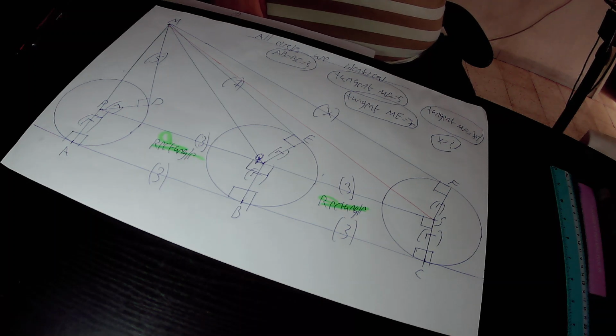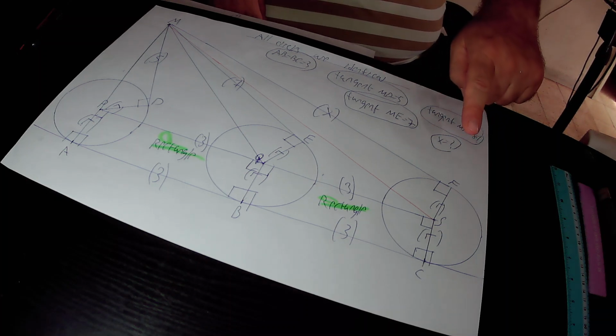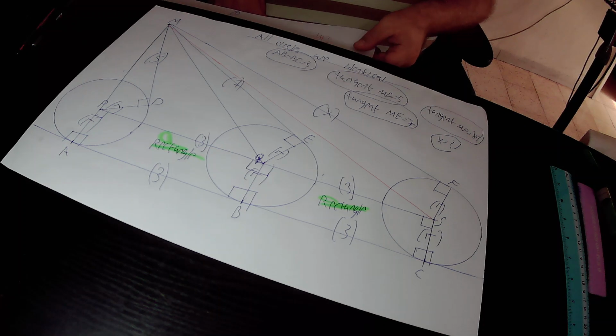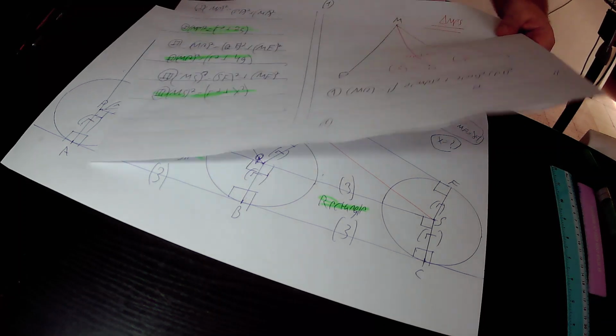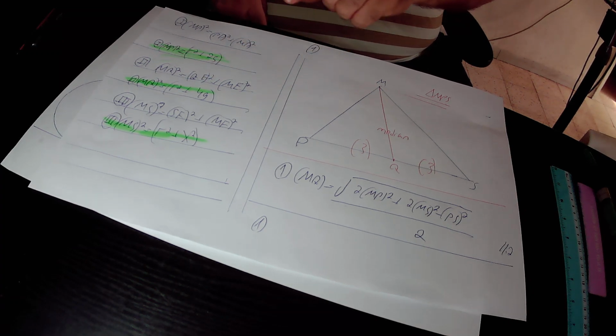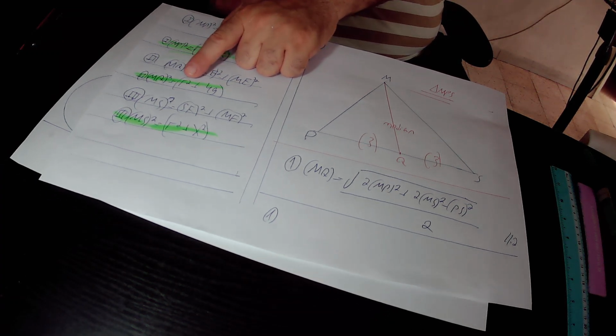In the next step, we join points M and S together by a straight line. By joining points M and S, we created the right triangle MSF, so we implement the Pythagoras theorem on the right triangle MSF. According to the Pythagoras theorem, MS square, the square of the hypotenuse, equals SF square plus FM square. MS is the missing side, so MS square equals